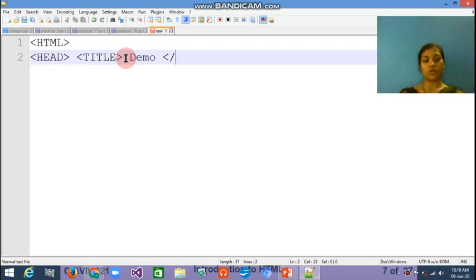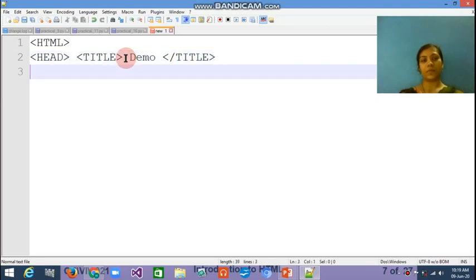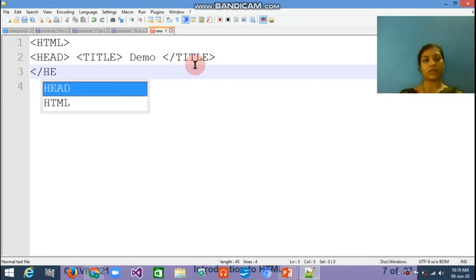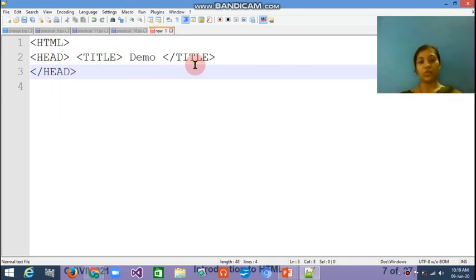Now closing title, then you have to close the head tag. This is the opening tag, and when you write a slash in front of the tag, it's called the closing tag. Opening and closing, two types of tags.